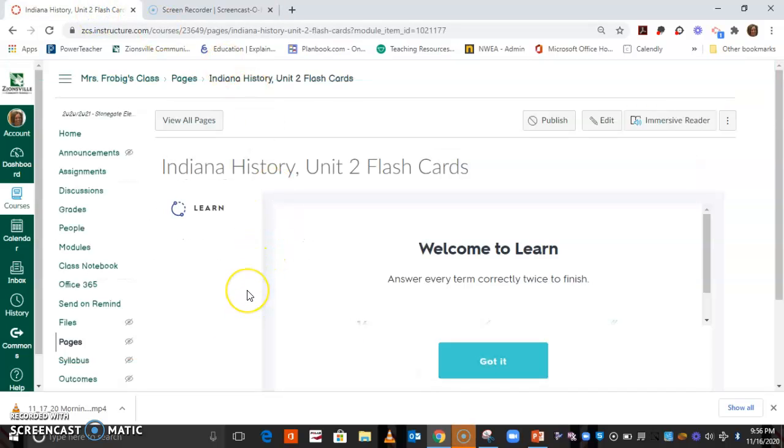Okay, guys, so we're ready for Indiana history. Now, there's something a little bit different when you continue on through the module. You're going to get to Indiana History Unit 2 flashcards. This is new, and I just decided to put some Quizlet cards together